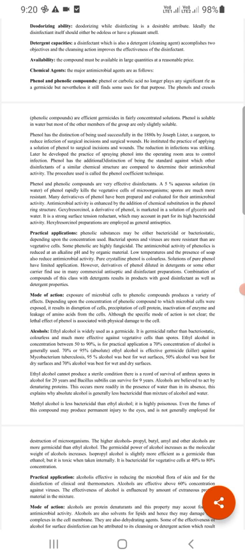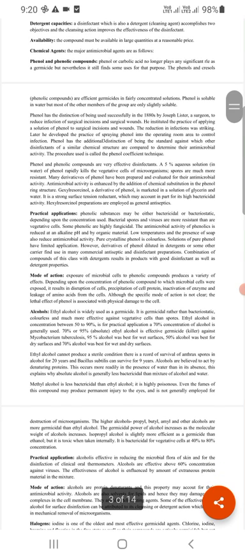Phenol and cresols are efficient germicides in fairly concentrated solution. Phenol is soluble in water, but most of the other members of this group are only slightly soluble. Phenol, or carbolic acid, was first